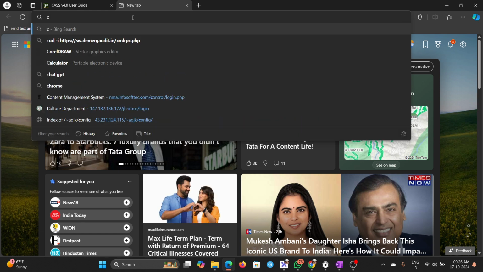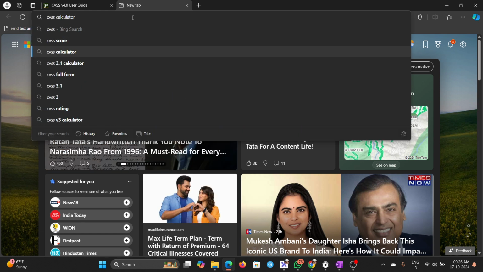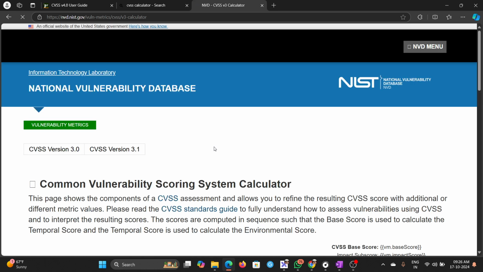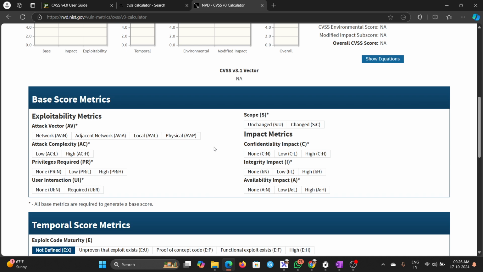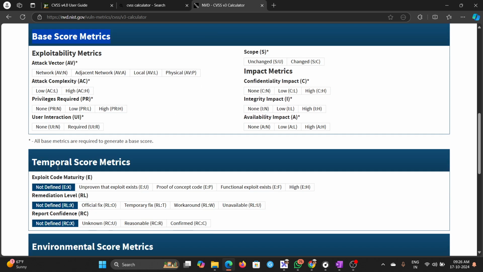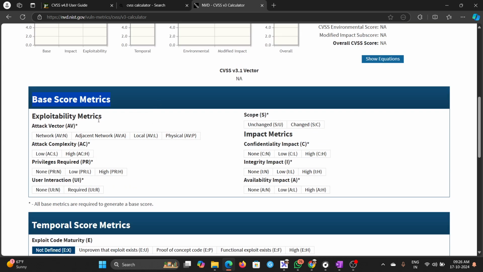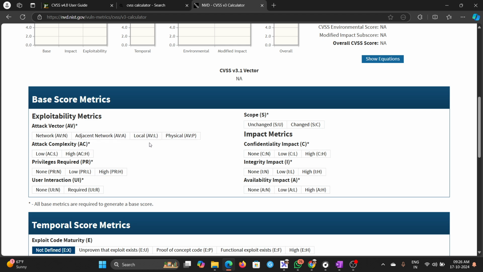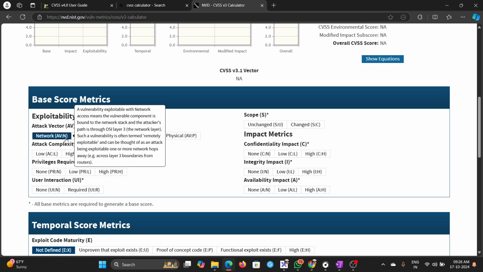Now to calculate the CVSS code, what you have to do is you just have to go CVSS calculator. So here we have the CVSS calculator, that is version 3, right? Now here we have to give the base code matrix. We learn what is base code, right? What is temporal code and what is environmental. So in base code we have the attack vectors. Let's say the attack is network level attack,